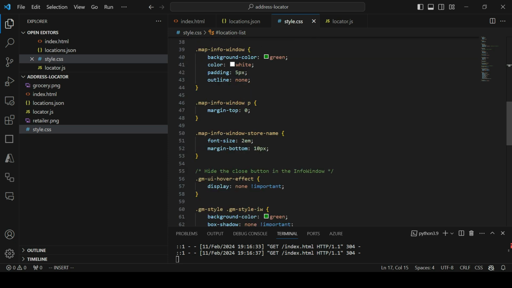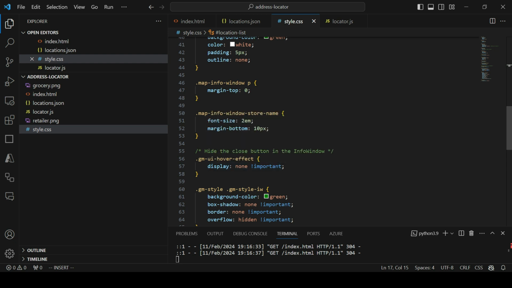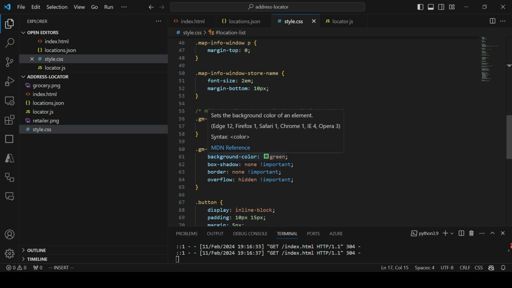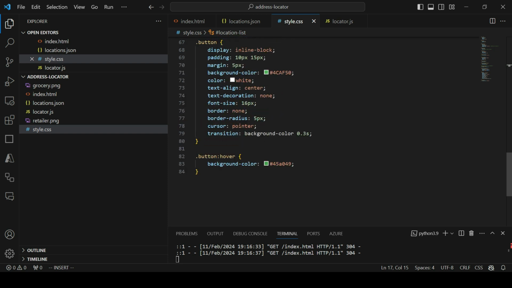Then I am also overriding some of the default styles. If you see gm-ui-hover-effect, it is to hide the default close button. Also gm-style and gm-style-iw, I am overriding some of the default styles. I had some window background issue, so that's the reason I overrode these. Then style for button and button hover.